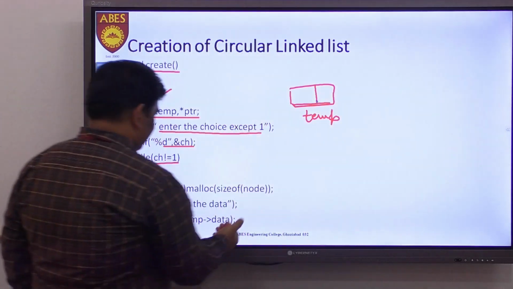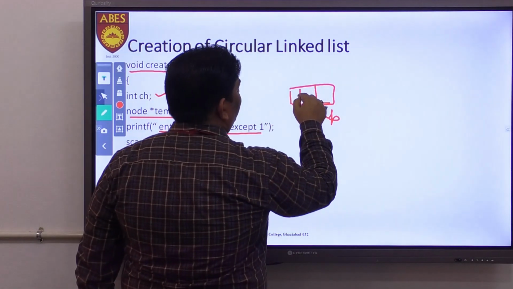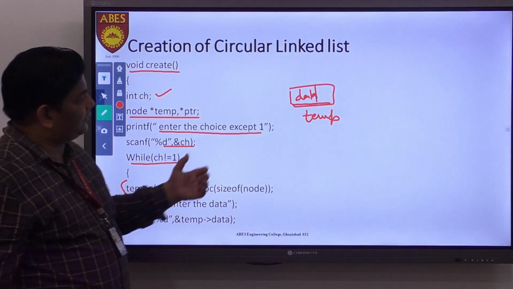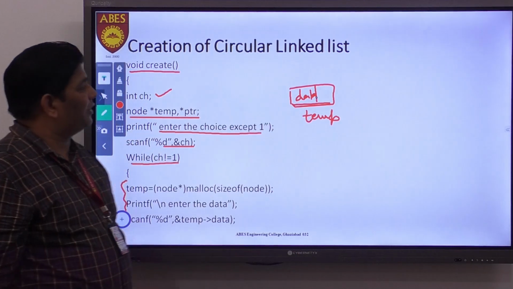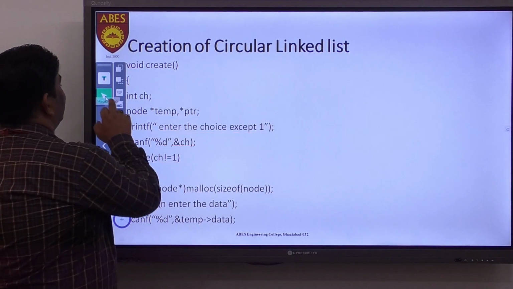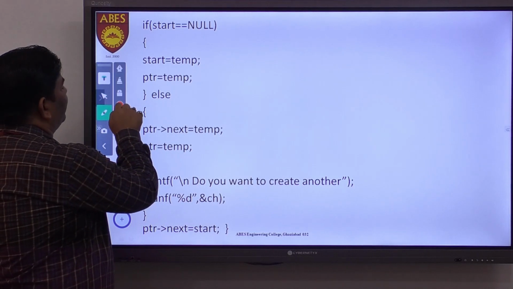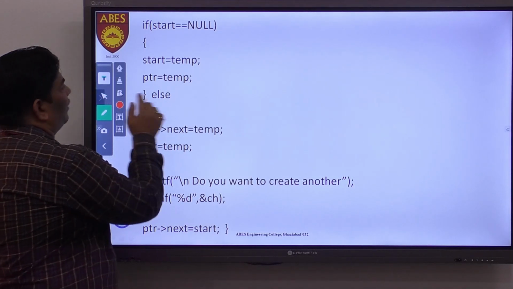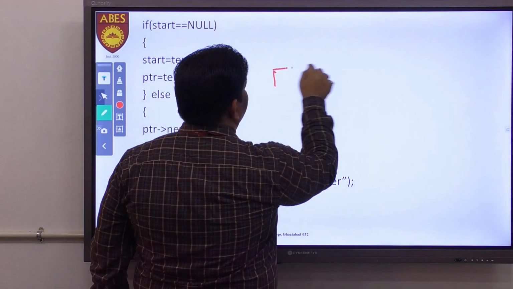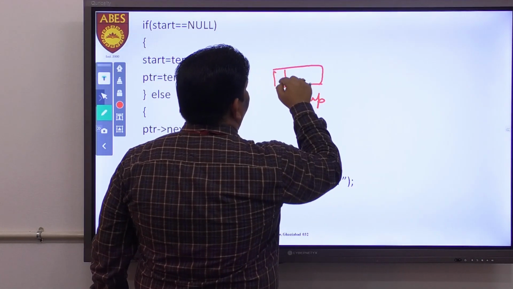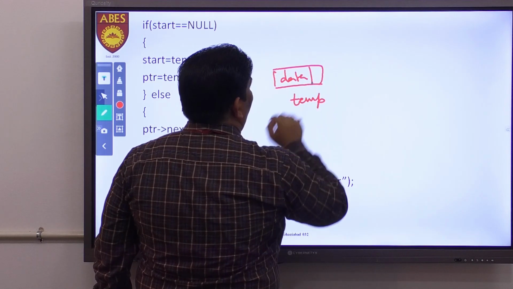And obviously you can take the data in this node. This is your data. So you can perform this operation, where you can take the data in this particular node here, temp. Now the next is, what you can do with this node. What is the raw data you can create here? You are creating here the one node which is named as temp, and you put your data here. But this is a raw node.